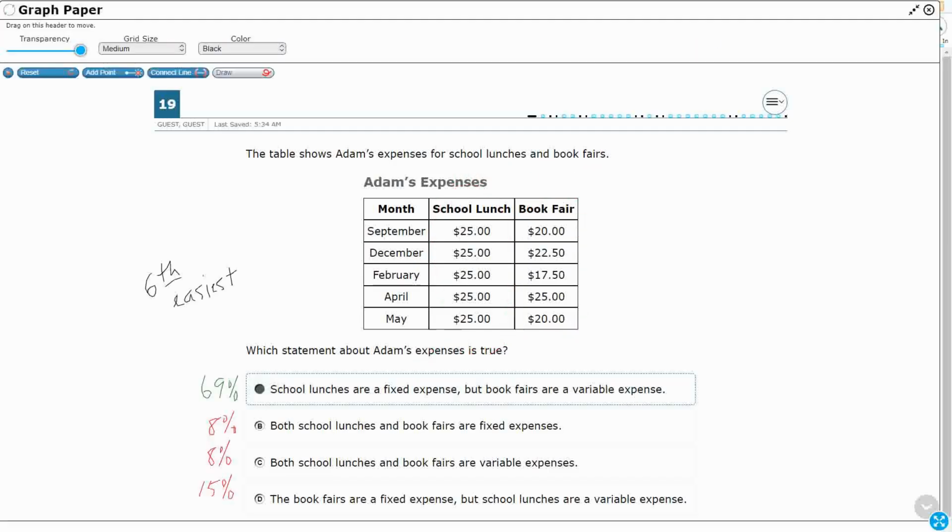So this was tied for the sixth easiest, and you can see we had almost 70% of our students get it correct. The most chosen incorrect answer is just the flip-flop, right? So it comes down to vocabulary. What does it mean to be fixed? What does it mean to be variable? Thankfully, variable might be a little bit of an unknown word, but fixed, sometimes we talk about fixed when something is broken, but we also talk about something fixed when it is stable and not moving, like we fixed something